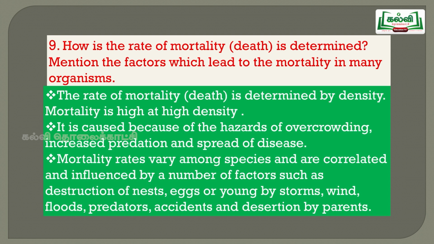Those young ones will be sent away by that storm. They are hit by the storms. What will happen is their nests will be broken down and their habitat will be broken down. And because of wind, floods, predators, and some accidents like volcanoes and earthquakes, all these things happen. And desertion of parents, that is because parents leave the children. So those are the different types of mortality where the species die, the different conditions.